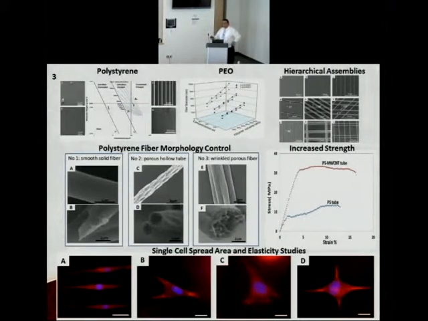The idea of hierarchical assemblies is that now you can put together 12, 20, as many layers as you want with desired properties and porosities, so you can seed cells into them and possibly develop a tissue model. Then the next thing we explored was achieving control on the surface morphology. On the left are shown smooth fibers, and when you cut them, you see that they are solid fibers, but then by controlling the solvent volatility and the relative humidity, you can induce surface features such as pits,